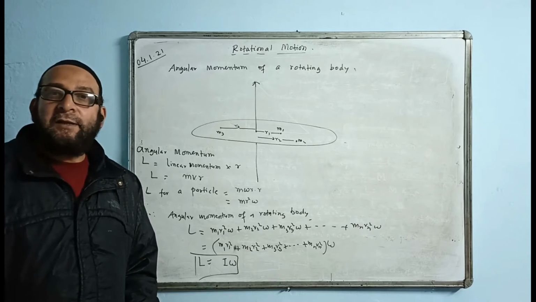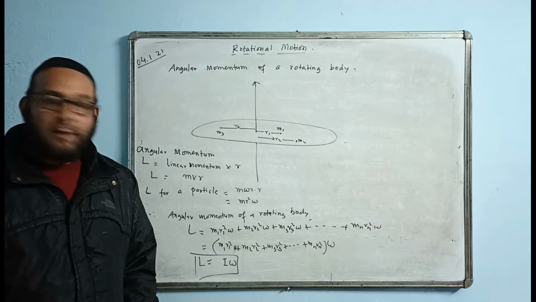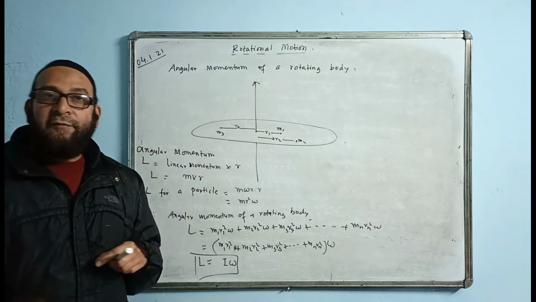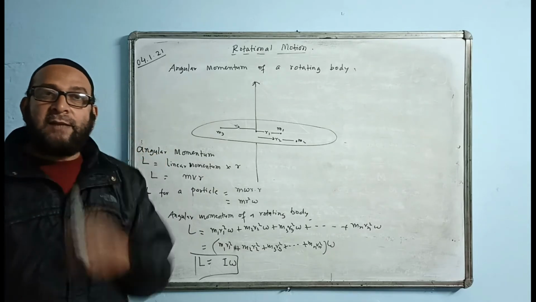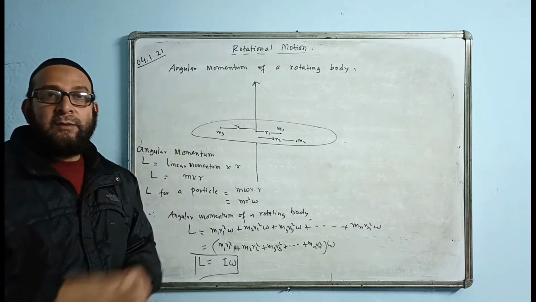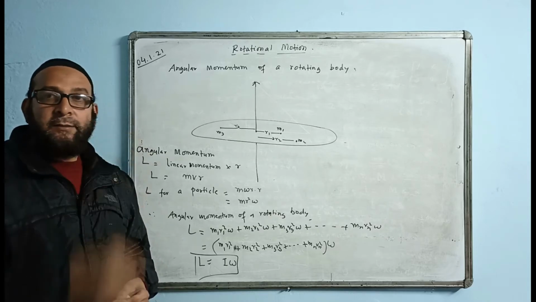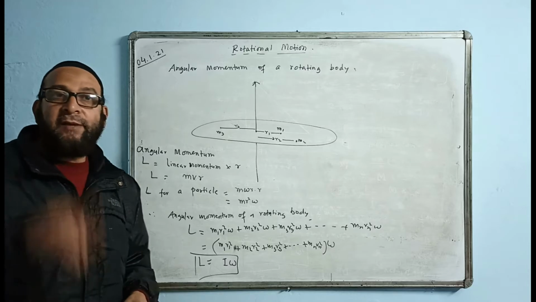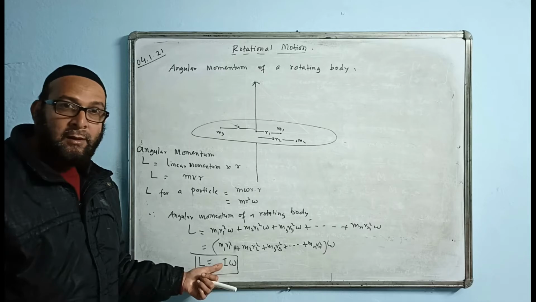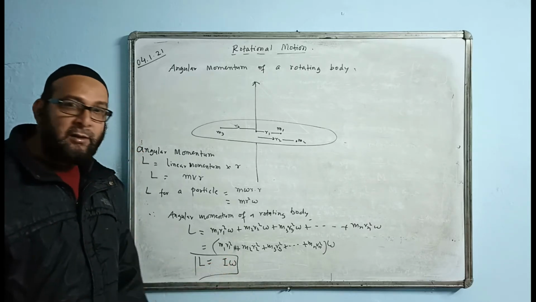What is the formula of kinetic energy in linear motion? Half mv square. And here we have the formula of kinetic energy, half I omega square. v is linear velocity and omega is angular velocity. And m is there and here I is coming. That is, what is the replacement of m here? The replacement of m is I. Here also you see the momentum formula, we have mass into velocity. But that mass is equivalent to I here. And velocity is same as omega here, because that is linear velocity, this is angular velocity.